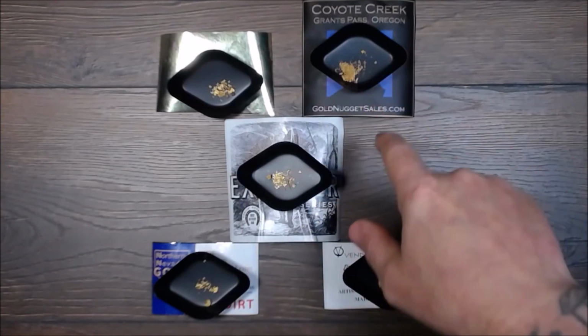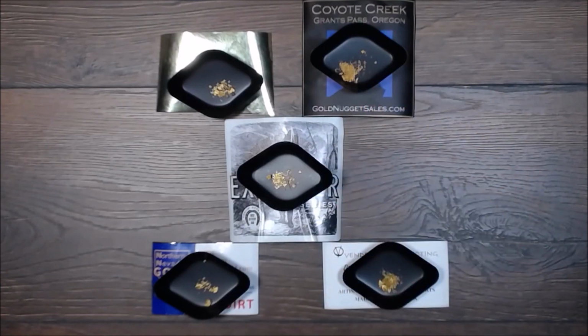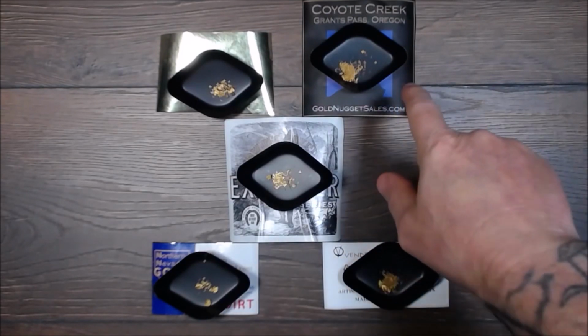And then we had Gold Nugget Sales. This is their Coyote Creek bag, and it was guaranteed 1 gram of gold. Its cost was $59.95. Shipping was $10.95 for a grand total of $70.90. Now, the gold I recovered in this one was 1.030 grams. Gold spot again, $53.85, making this gold worth